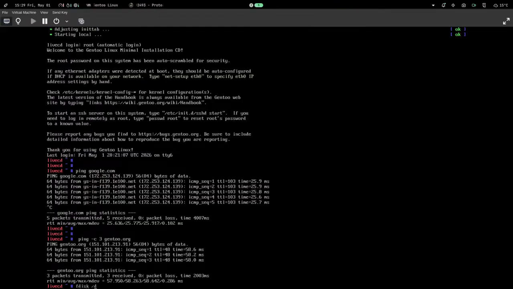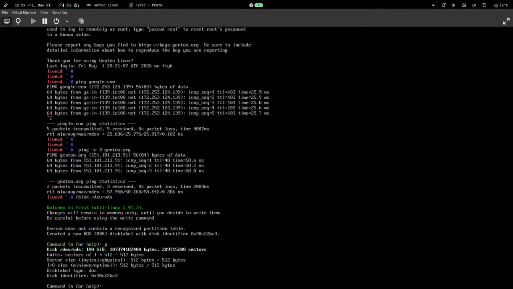So fdisk /dev/vda, again, because we're on a virtual file system, and when I hit print, it just tells us information about the disk. There are clearly no partitions on this disk. We just created it, right? So with that, let me